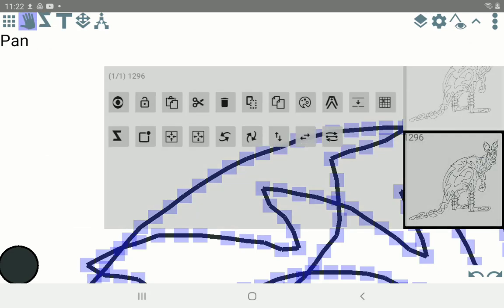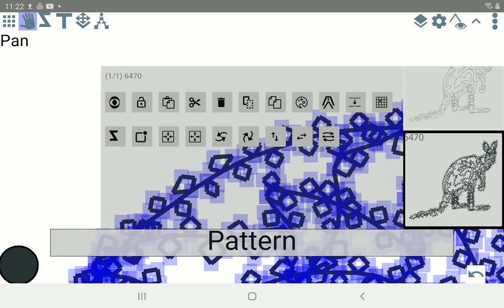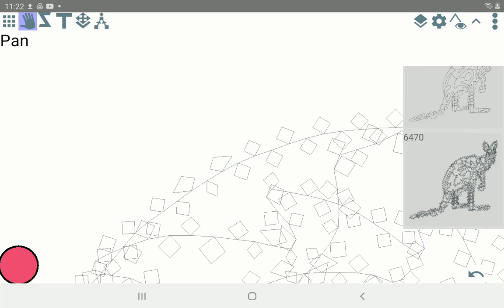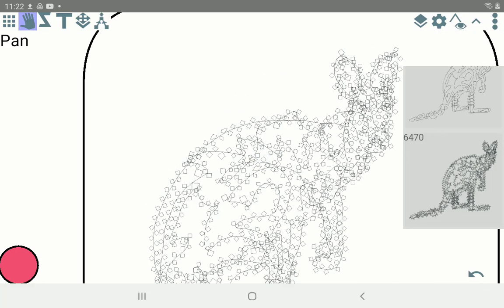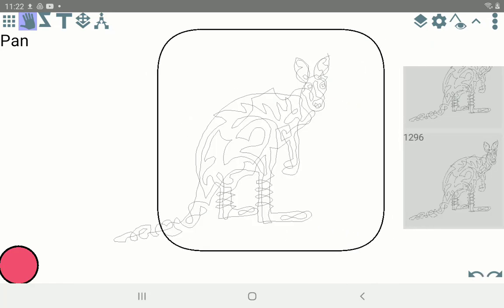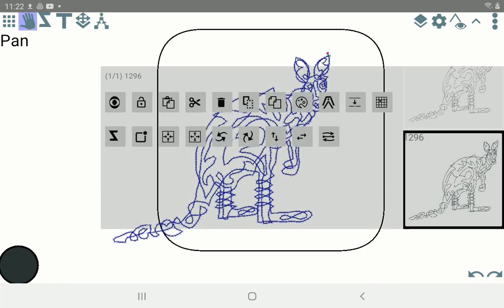Let's go ahead and apply pattern. And now it has the little square things applied to our wallaby. Now this is a little bit fuzzy and weird, so let's go ahead and undo that. Okay, next up we have